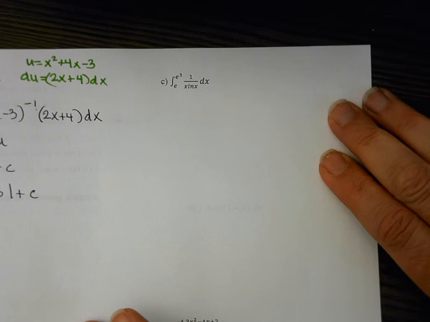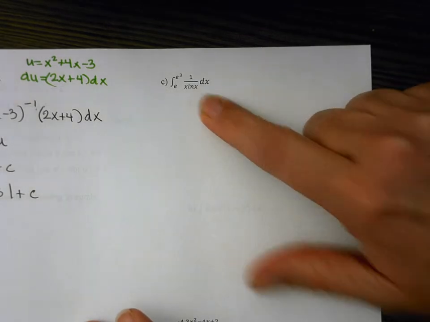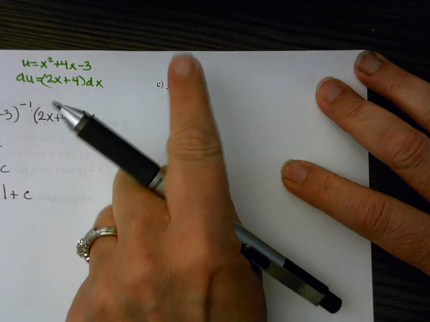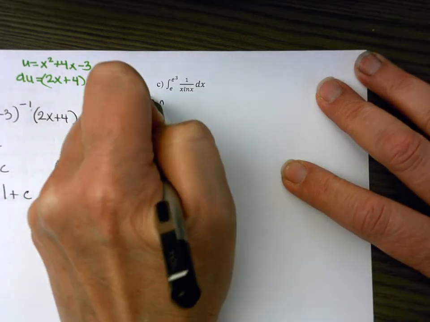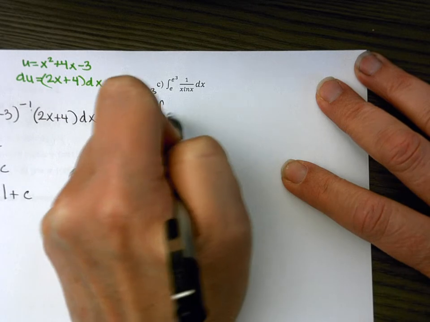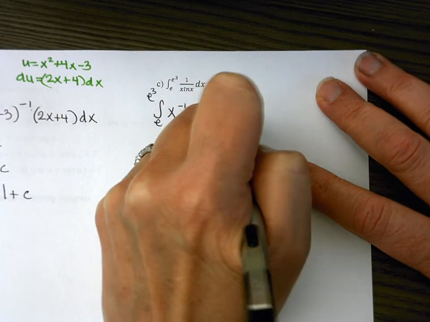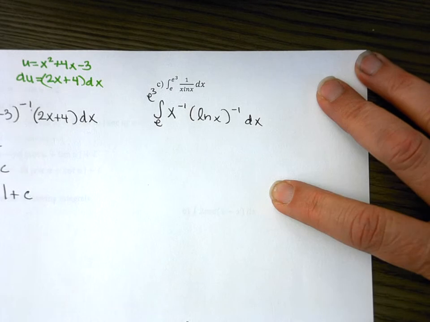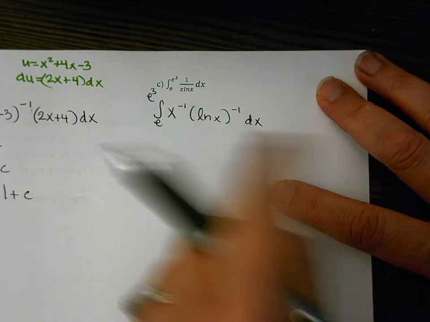Over here. Okay. So this one right here. So again, I want to do a rewrite. Okay. So I'm going to pull both of these up to the top. And I'm going to have e and e cubed that I get to deal with. So that will give me x to the -1. And then natural log of x to the -1. So I have both of those to the -1, and I need to figure out, that's suspicious, because